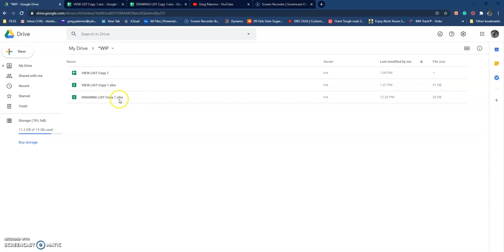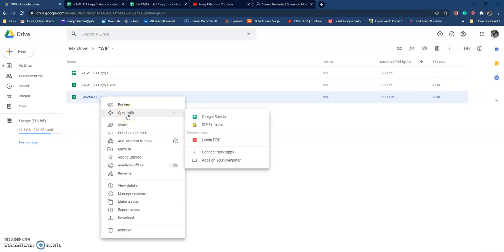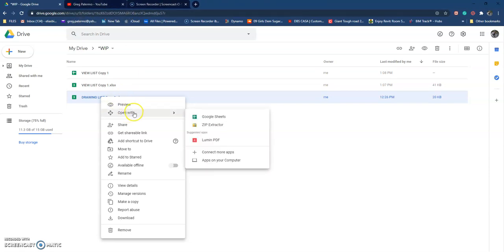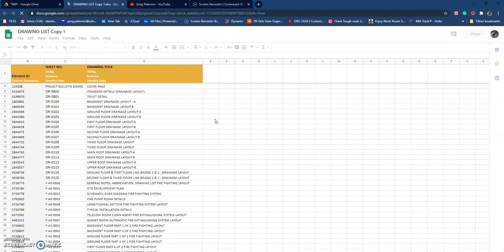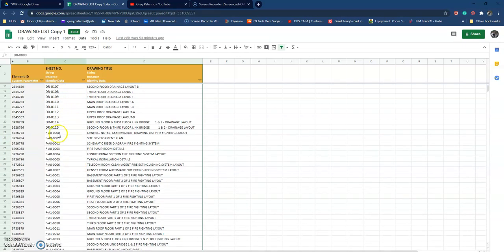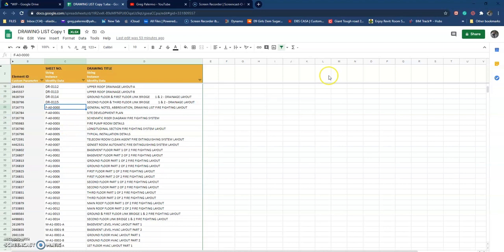This one, copy. Okay, and so when I open this one, open with Google Sheets. So this is all the drainage they already changed, updated. Now we're going to update this one. For this one it is easy because it is already in correct sequence. You just select here and then